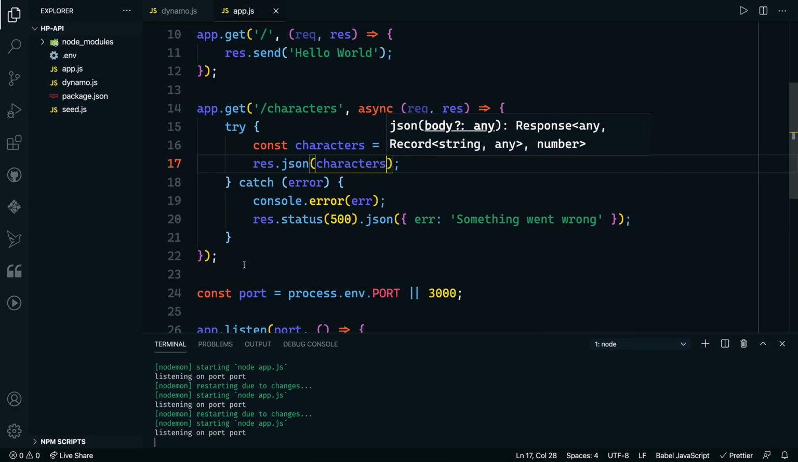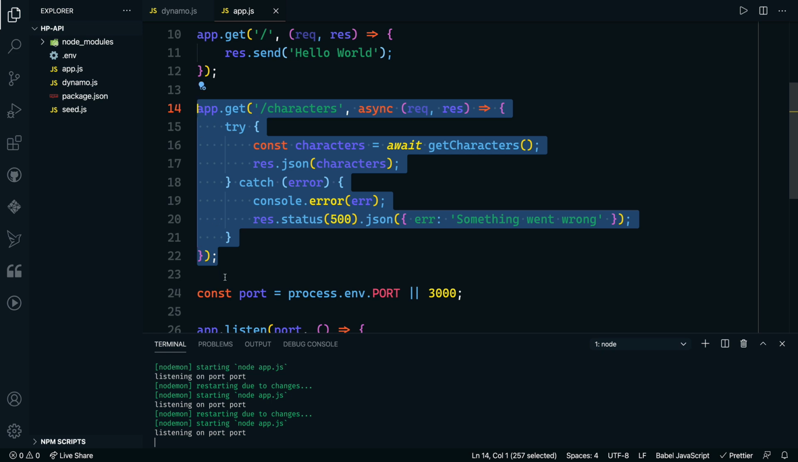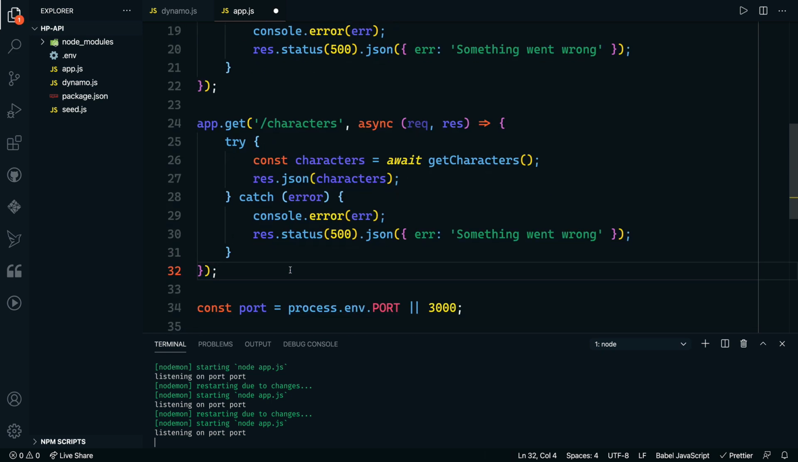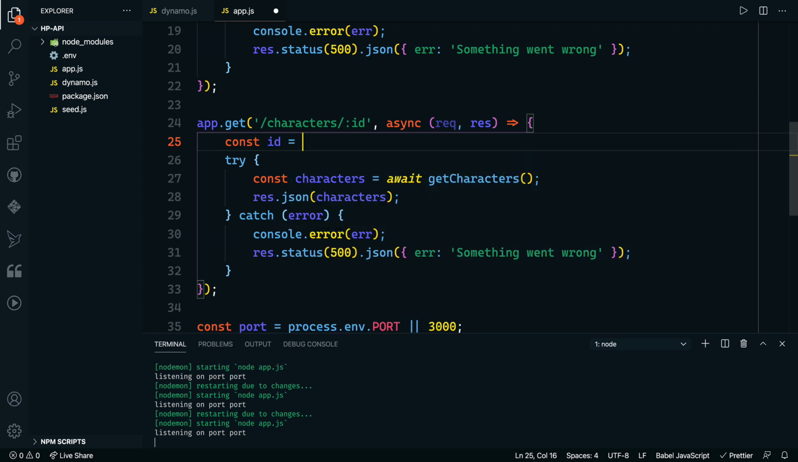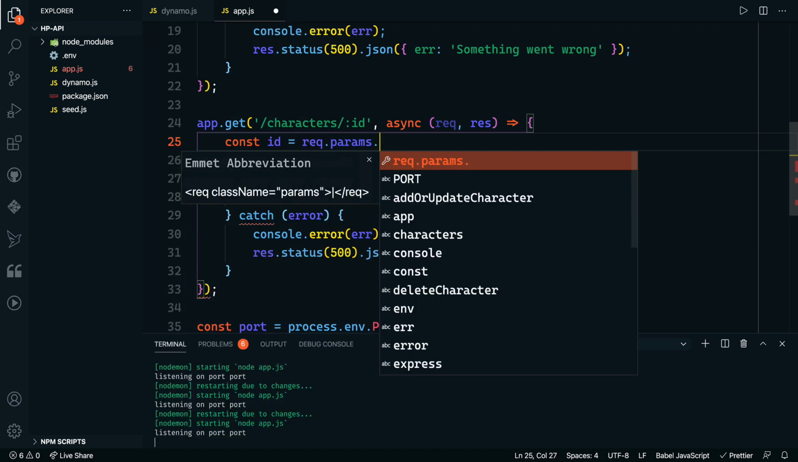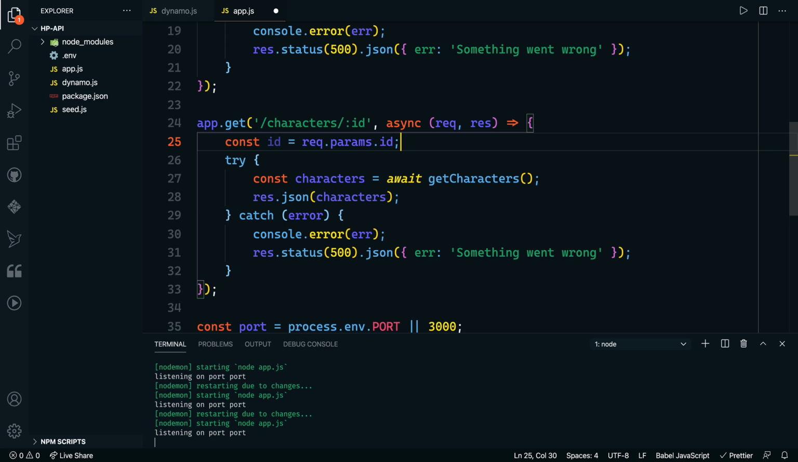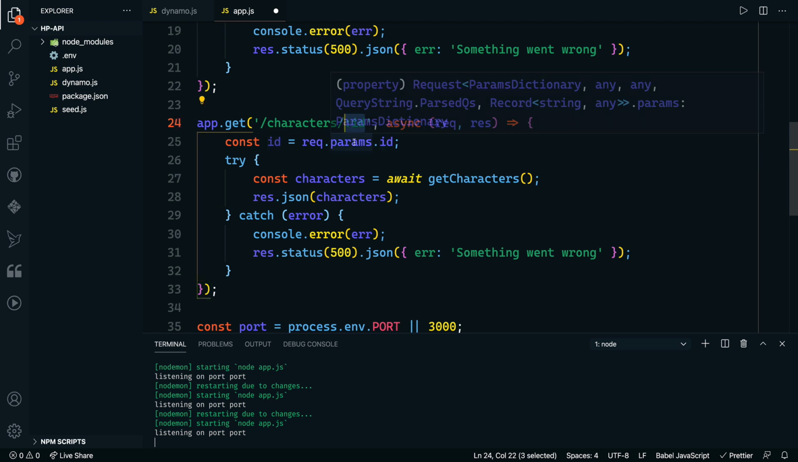All right, so let's copy this because we're going to do something really similar. We're going to do a GET endpoint now, but specifically for getting a character by its ID. So we can pass in this ID in the URL, and reference that ID by const id equals req.params. Those route params that are passed inside of here, you can get from req.params, and then whatever the name of that thing is here,